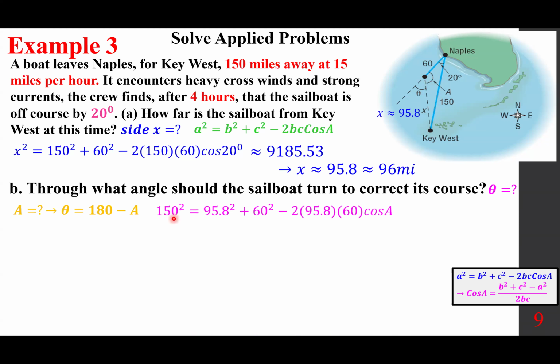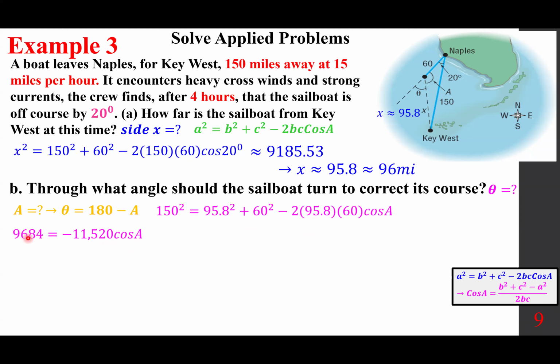So 150 squared, the side opposite A, is the other ones, 95.8 squared plus 60 squared, and then minus 2 times the product of the two cosine of the included angle A. Or like I said, just put it into this formula, b squared plus c squared minus a squared over 2bc. Either way, you go through the process, you find cosine A. So you can subtract this two from the left side, you get this number. Cosine A is the